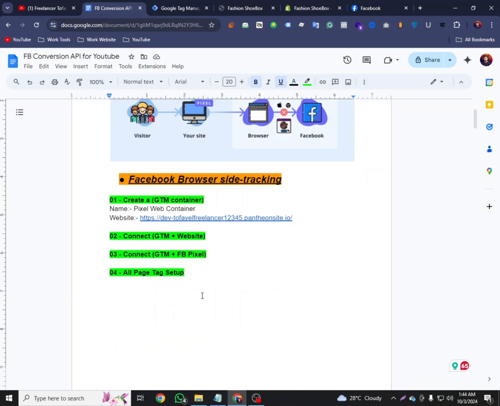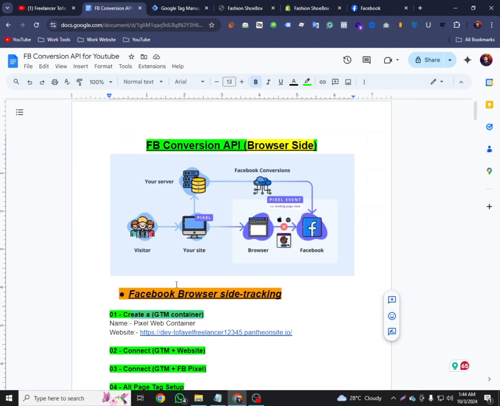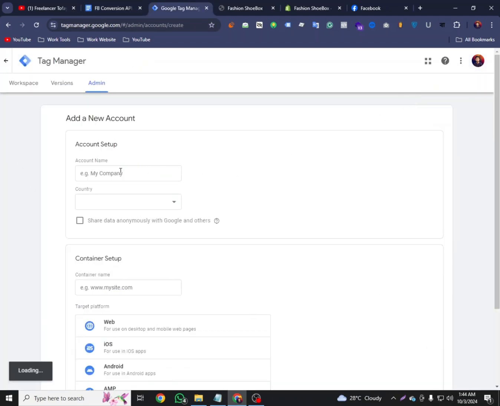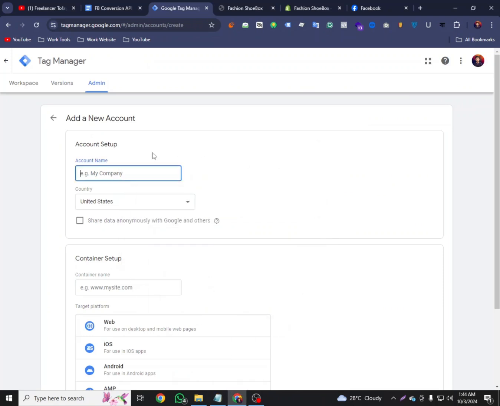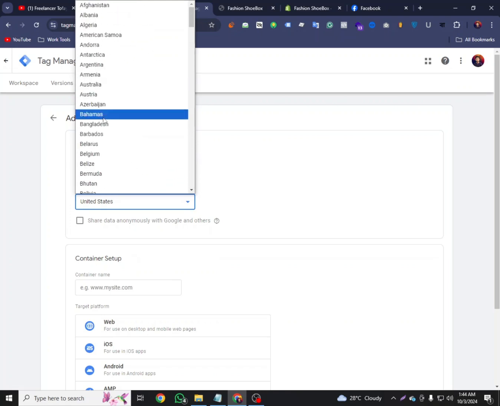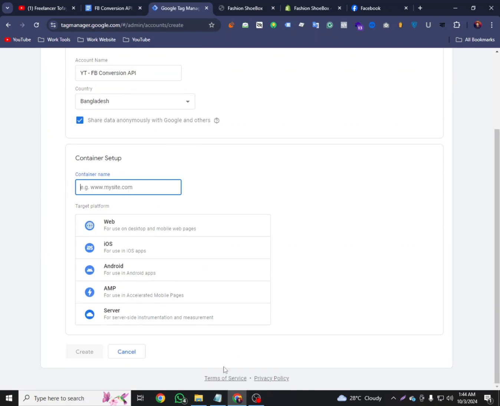We track our Facebook conversions in many parts. The first part is we create a Google Tag Manager container. So just go to Google Tag Manager and create our container. Write down our container name, YT Facebook conversion. Copy. Okay, and we select our country name. Our country is Bangladesh. Just tick mark them, and our container name is